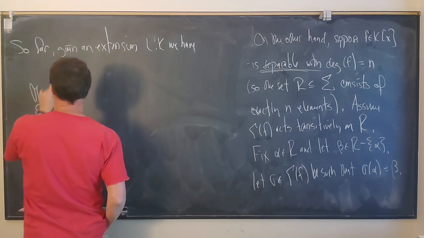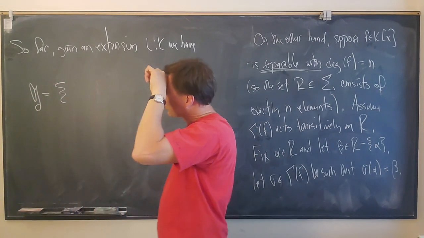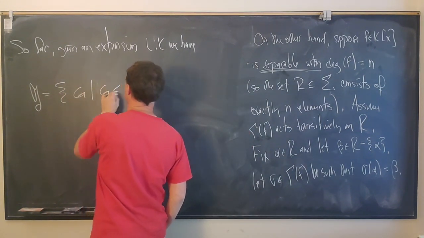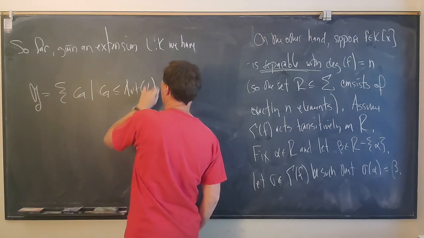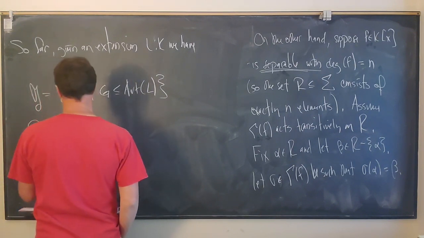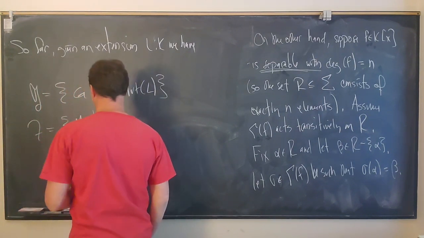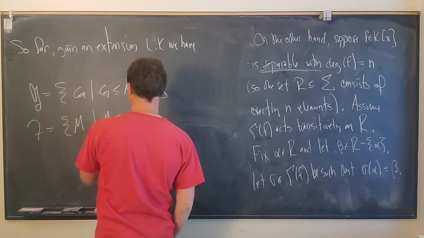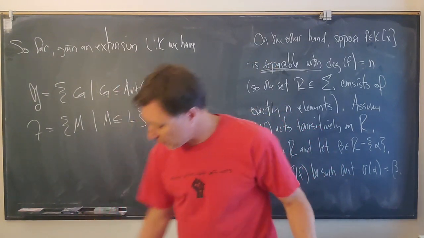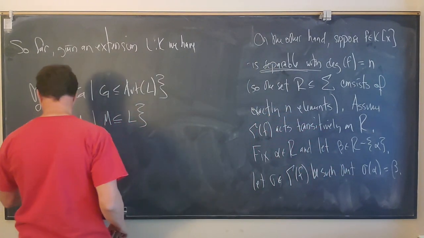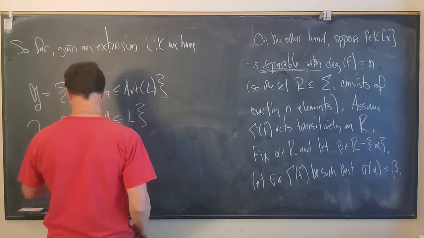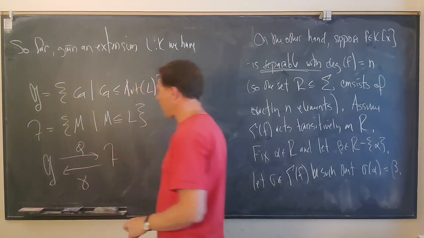So we have a couple of sets. So script G, that's going to be all subgroups of the automorphism group of L. That's the set of all G such that G is a subgroup of Aut L. And then we had script F. That was the set of all M such that M is a subfield of L. And then we had this connection between the two. So we go from G to F, there's a phi going one way, there's a gamma going the other way, and